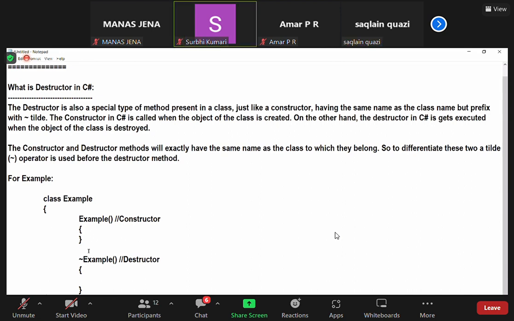Class name. Right. Applied with what? Tilde mark. The most important point that you need to keep in mind is